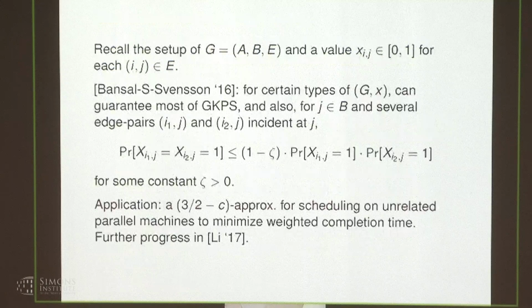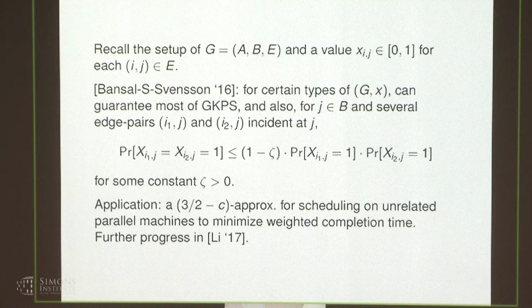And there's some very recent work from last year of Nikhil Bansal, Ola Svensson, and myself on scheduling to minimize weighted completion time, which extends the negative correlation to certain types of guaranteed negative correlation. What do we mean here? Once again, recall the basic setup with a bipartite graph G and a value little x_ij for every edge. What we show is that for certain types of these input instances, you can guarantee almost all the properties of GKPS of the previous slide, and furthermore, for every vertex J on the right-hand side, B,